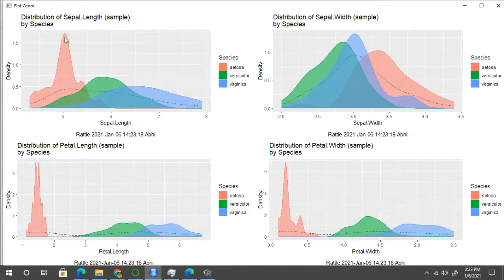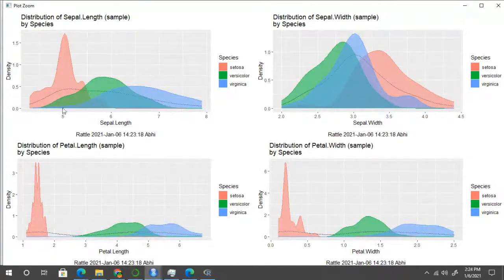This sepal length varies from 0 to 1.5 in density, and it ranges from 0 to 6. And there is another one in green color, versicolor. Its sepal length is represented from this particular value to this particular value.